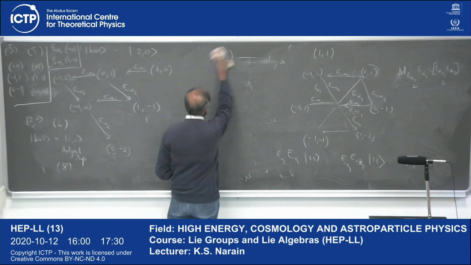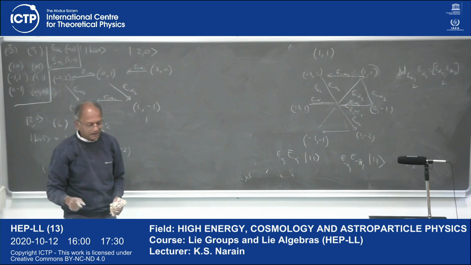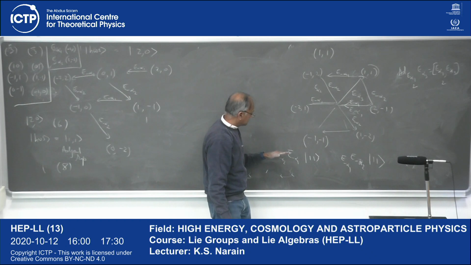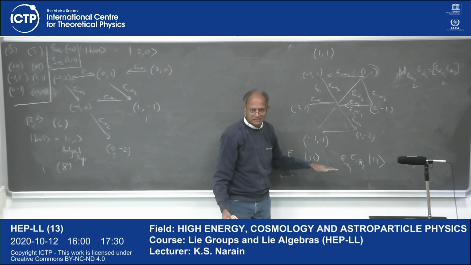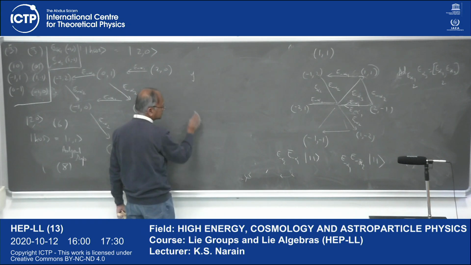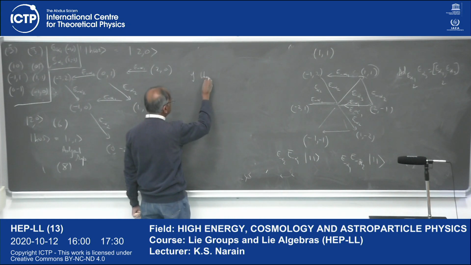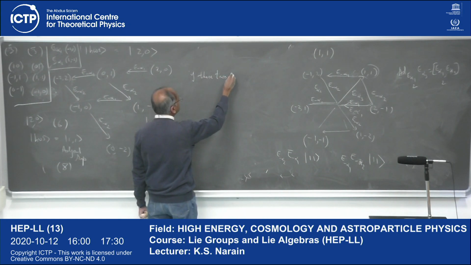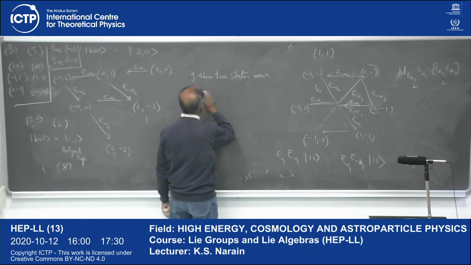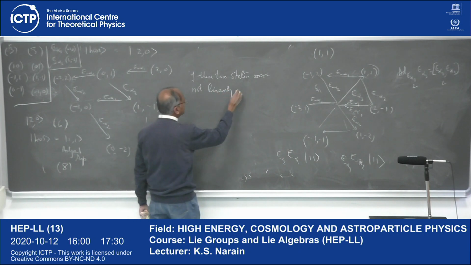Let's try. So if it is linearly dependent, if it's not linearly independent, then that means there must exist some numbers such that when I take the linear combination, some linear combination must vanish, right? So if these 2 states were not linearly independent,